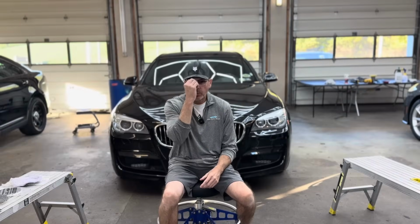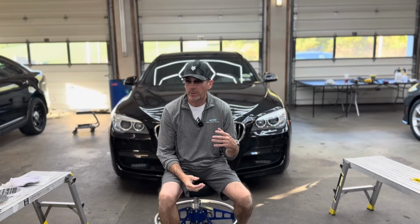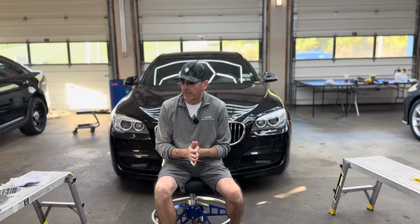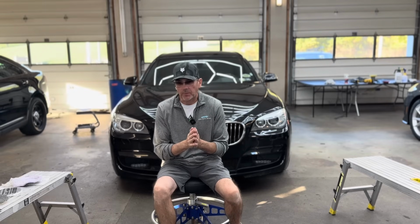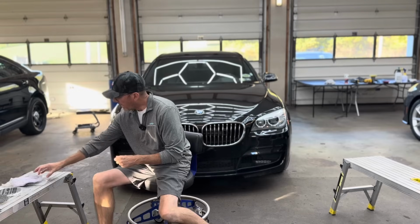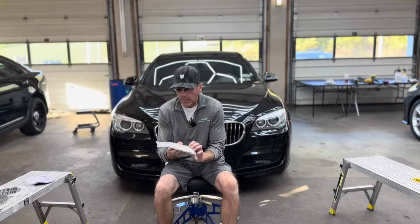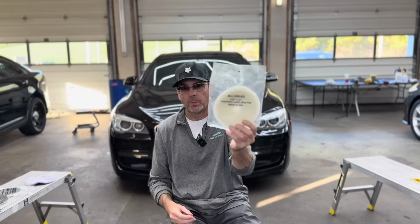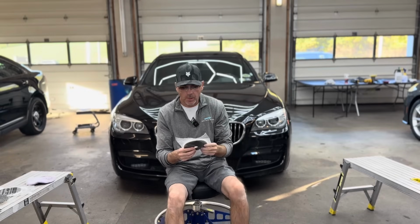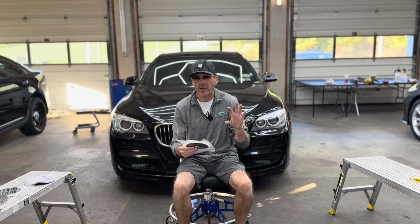Well, let's start off with cutting. And if we really want to cut to the chase and we want to keep our overhead down and be profitable and get the job done in an efficient manner, we are going to reach for one of 2 pads. They are both from Lake Country, and the first one is the pre-washed lamb's wool pad. Now this pad here is a wool that is attached to a foam interface,